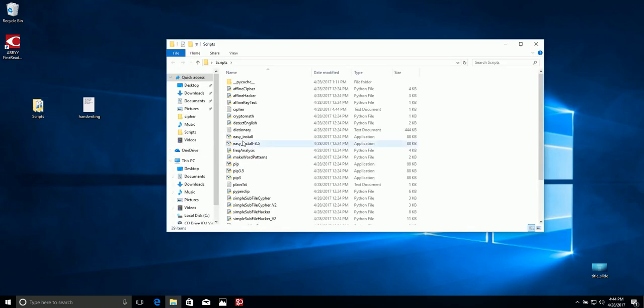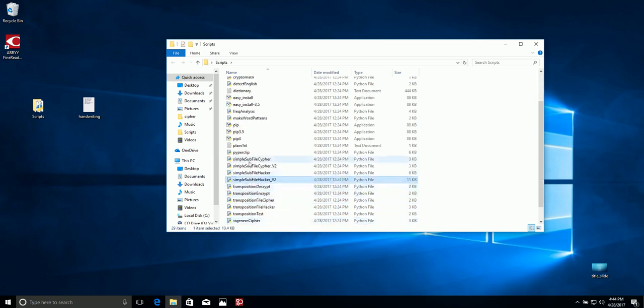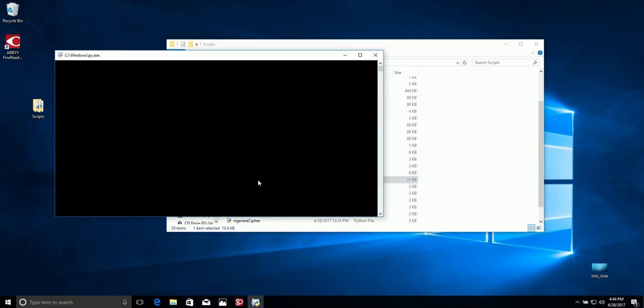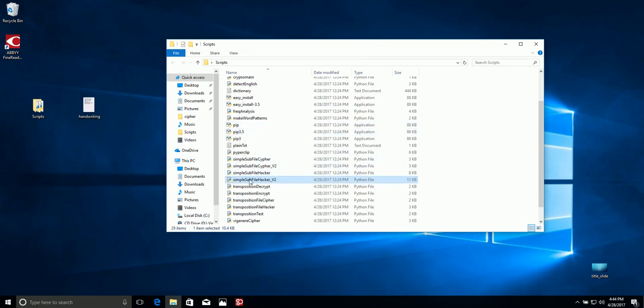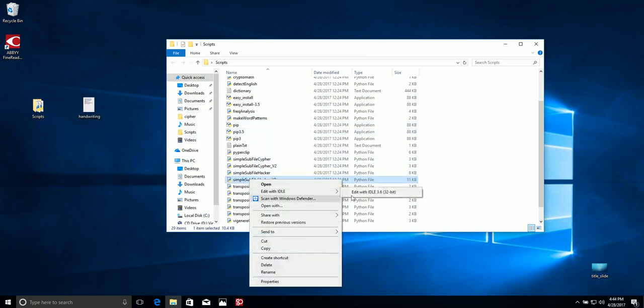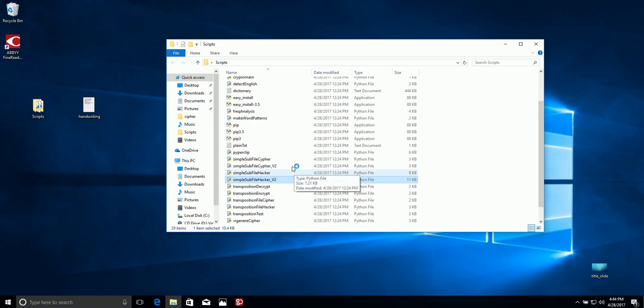Now we're going to open up our scripts folder, and the script that we're going to be using to hack this particular code is our Simple Sub File Hacker version 2. So we'll open that up. You can run it straight from here. I actually prefer to run it from the IDLE, so we're going to open it up in the IDLE,